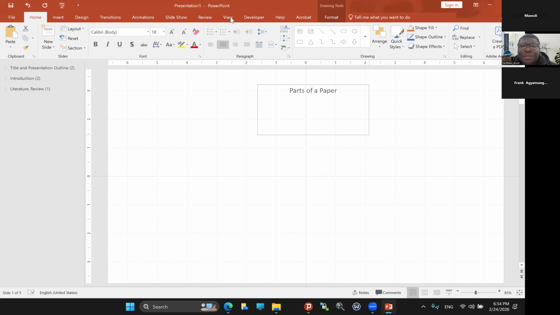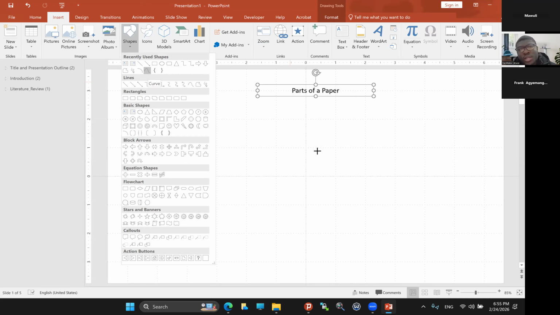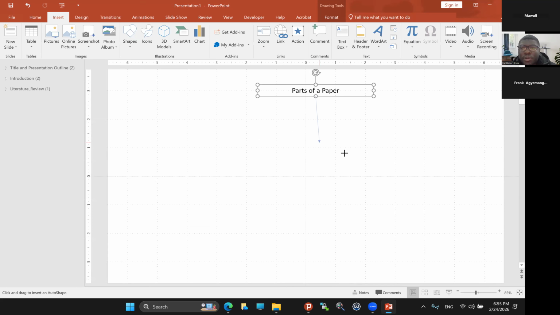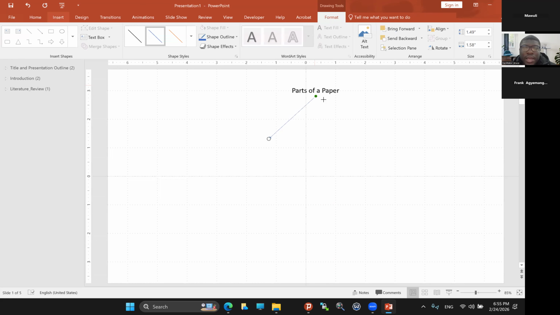So I have parts of a paper, right? So the first part being introduction, or let's say abstract, right? So insert, I go to shapes, and then I want to use the line, right? So I can do this. And also to be able to control the flexibility of the line, you can use the shift once again, right? If you want it to actually go in the direction you want, instead of just drawing the line like this, where it can tilt, you can go back to insert shape. Before you draw the line, you hold on the shift